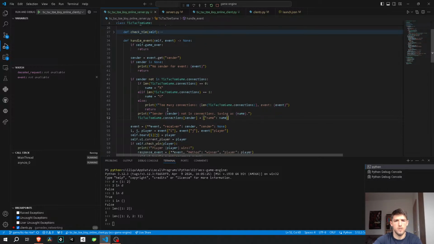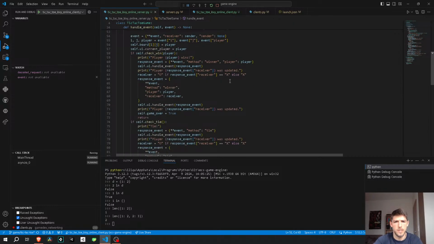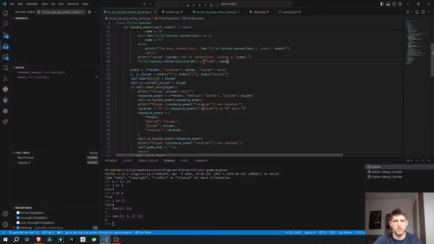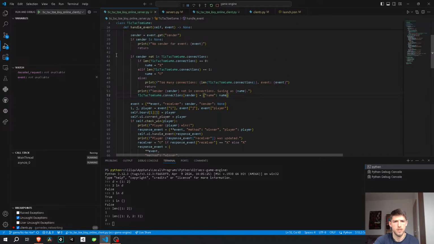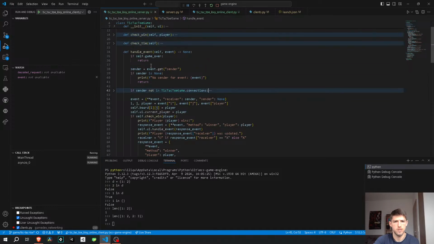What else do I need? I need to fix the receiver here. So, I need to find a way to get to the receiver. The receiver is